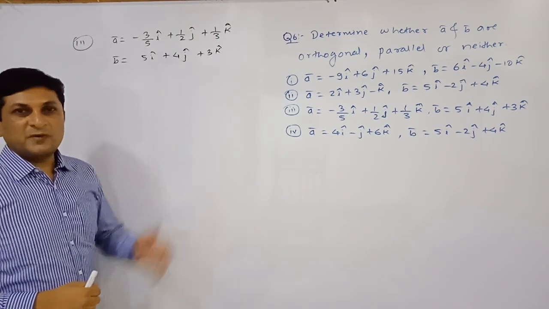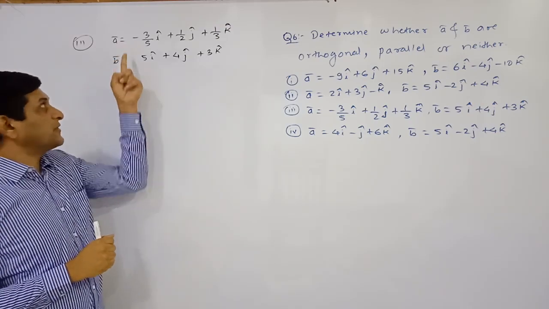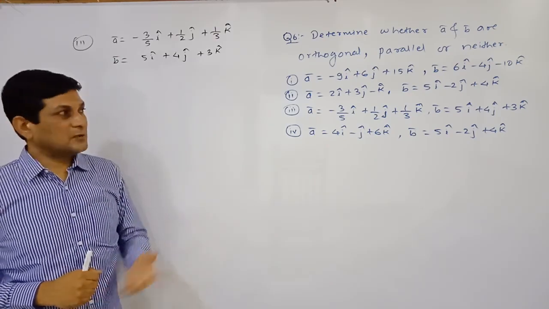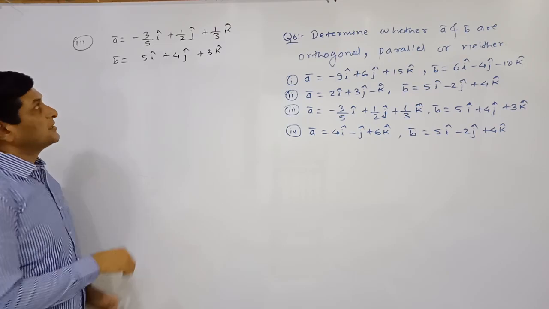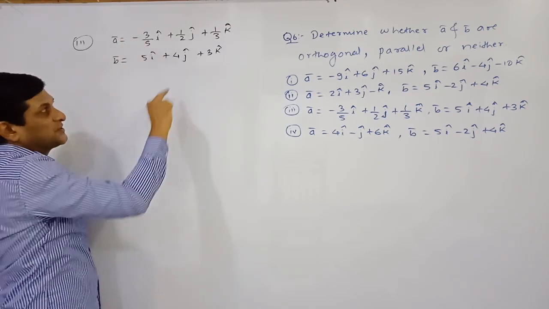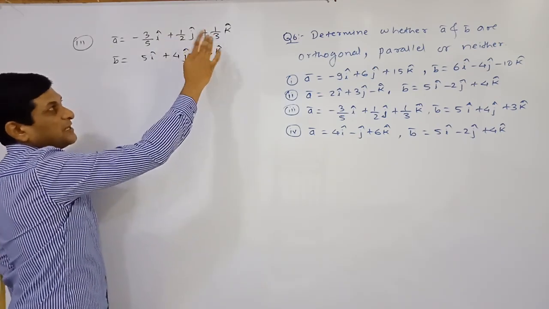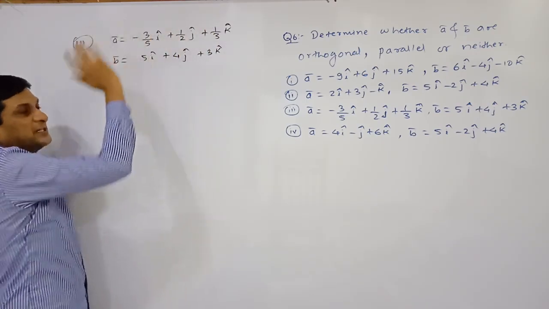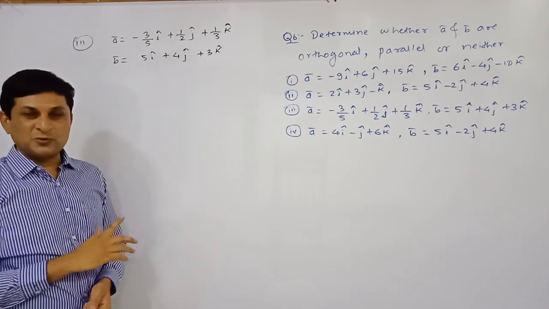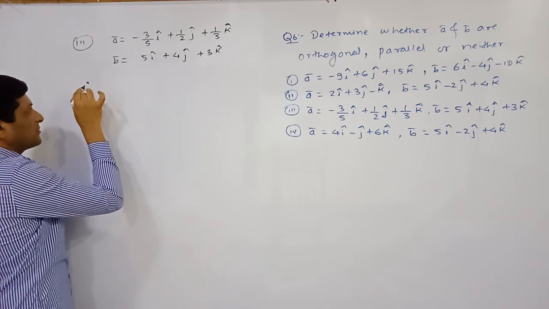So now we are solving example number 3. In this third example, observe the values of A bar and B bar. Orally we will check whether these two vectors are parallel or perpendicular. If you find their dot product, here 5 and 5 will get cancelled, we get minus 3. 4 into 1 by 2 is 2, and this product will be 1. Means 1 plus 2 is 3. 3 minus 3 is 0. Means by observation we can say that the dot product of these two vectors is 0, which means definitely the two vectors are perpendicular. So that's why here we are finding the dot product of these two vectors.